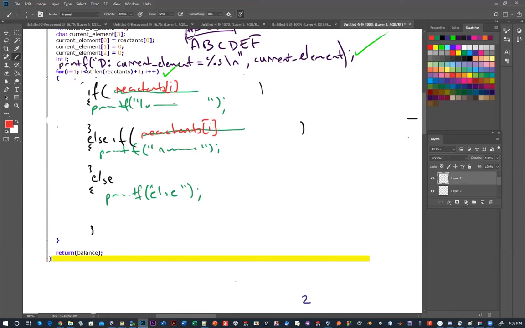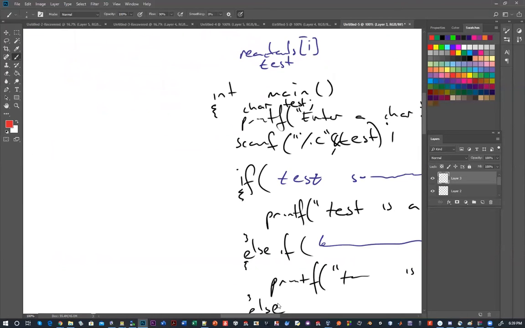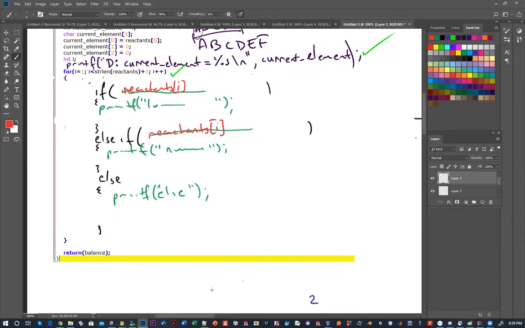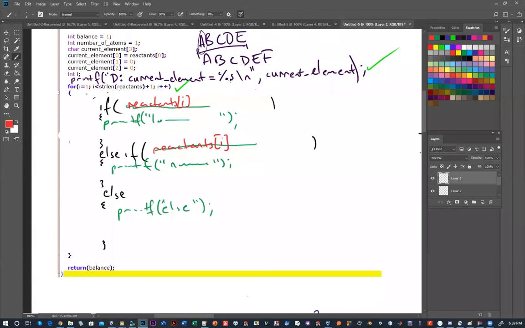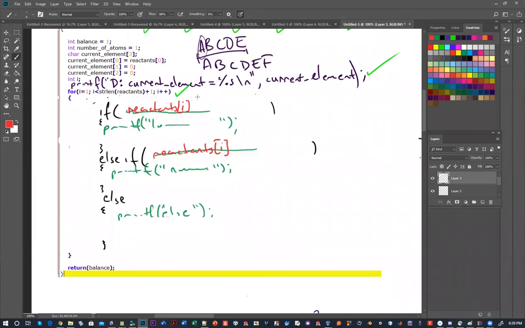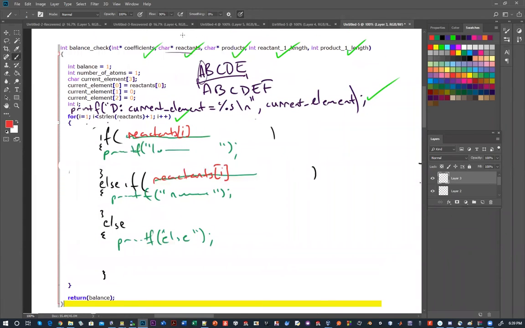Now, if this doesn't work, then it means there's something wrong with reactants i, because you know that the lowercase and uppercase and numeric works. So you can pinpoint that the problem is with the reactants, not with your conditions. So by isolating it, we don't have this problem of this pointer being passed in and not knowing what it is. Rather, we can isolate it and just deal with knowing it's a lowercase letter, knowing it's a numeric character. Okay, so once you've got that tested,